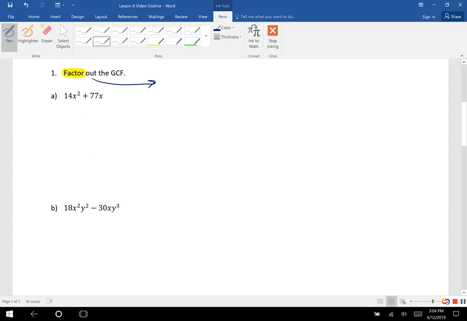So, first of all, what does that word factor mean? Factoring means writing as a product. It's the opposite or the inverse of multiplication. So we're going to start by factoring out the greatest common factor, or GCF, and that's basically the largest thing that you can divide out of both terms. If you know what it is in your head, that's great. That's good. I want to show a process just in case you don't know what the GCF is,